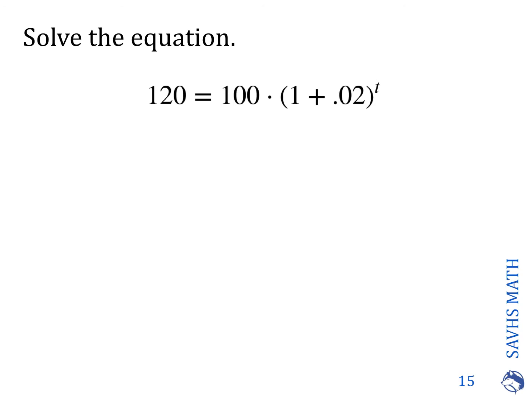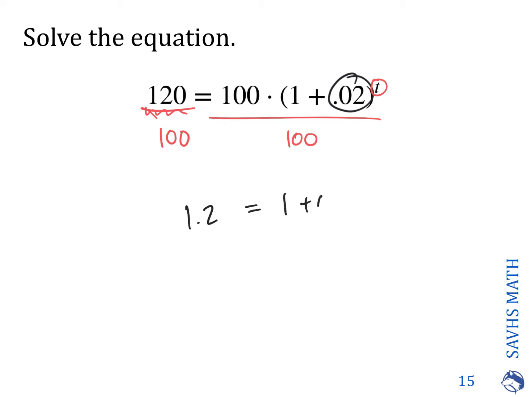So this equation looks really similar to a compound interest problem where I have a 2% interest rate compounded annually every year. If I wanted to solve for t to figure out how long it would take to make $120 off of this account, I would need to divide by 100 first. Remember that that's a really important step, because if I don't divide by 100, then I can't rewrite with a log. So we're going to divide both sides by 100,